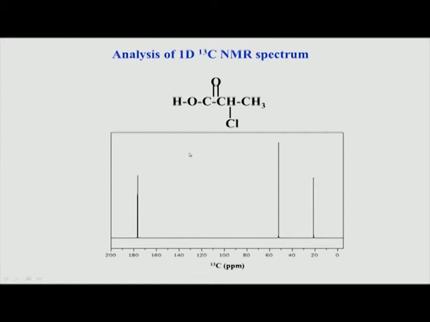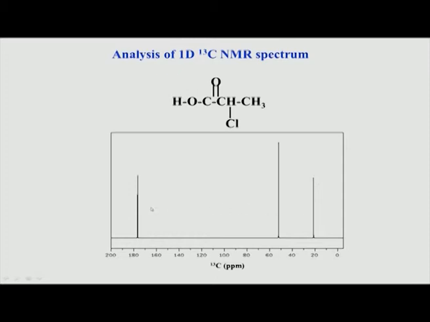So, this is the peak which corresponds to this carbon, and this side is a methyl group. Because this carbon is attached to an electronegative halogen, you expect this carbon to be de-shielded, and that is what is happening; it comes quite de-shielded at around 50 ppm, whereas this CH3, which is a regular methyl group, is away from this and is therefore less de-shielded, and it comes at its regular position.